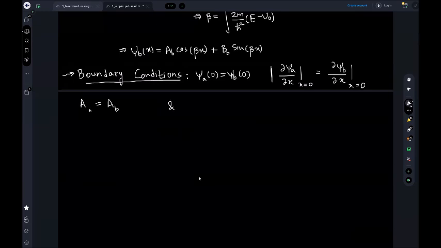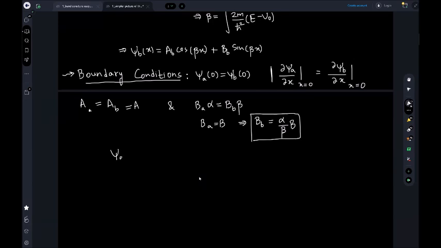And the second condition will dictate that BA times alpha equals BB times beta. For simplicity, just to get rid of the subscripts, I'm going to assume that this is equal to A, and that BA is some B. Rewriting quickly, we get